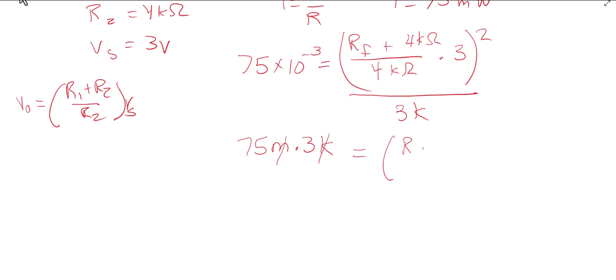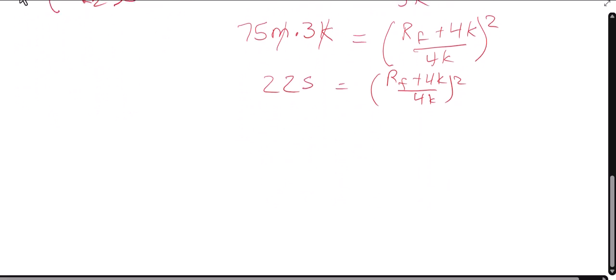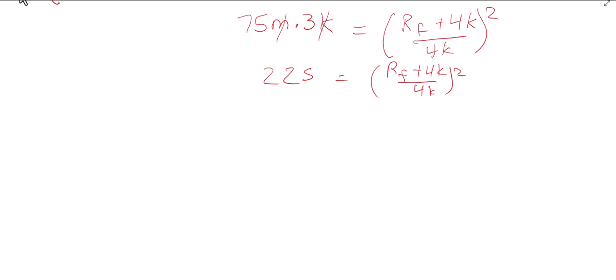Then I have RF plus 4K over 4K squared. So 75 times 3 is 225 equals RF plus 4K over 4K squared. We take the square root of both sides, and the square root of 225 is 15 equals RF plus 4K over 4K. And then 15 times 4K is, wait,